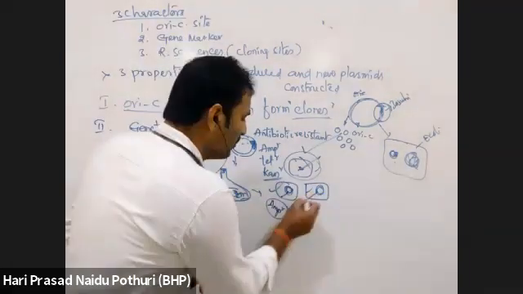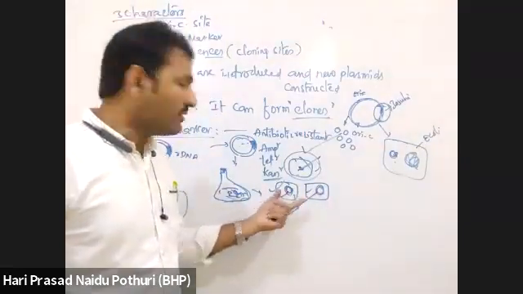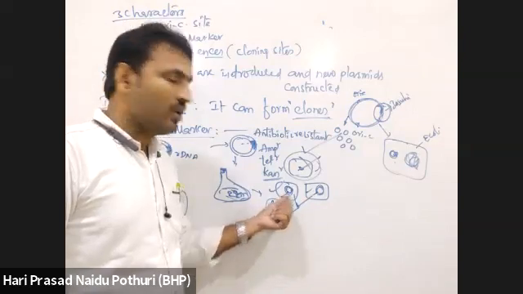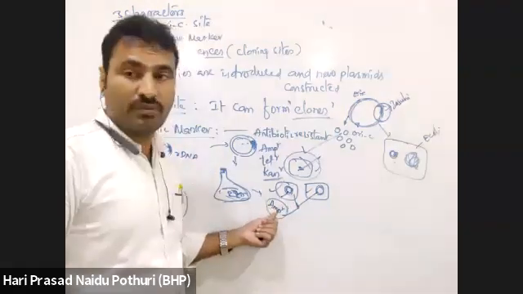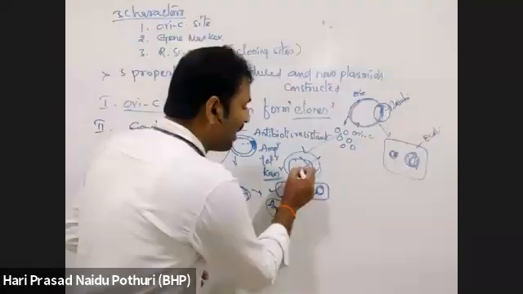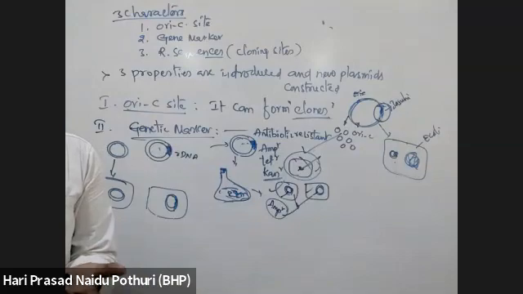So these are two transformants which took the plasmid. As they took the plasmid, they have the ampicillin resistant gene, so some proteins are produced from this gene and they have resistance against ampicillin. What about non-transformants? They do not have the plasmid, so there is no ampicillin resistant gene.